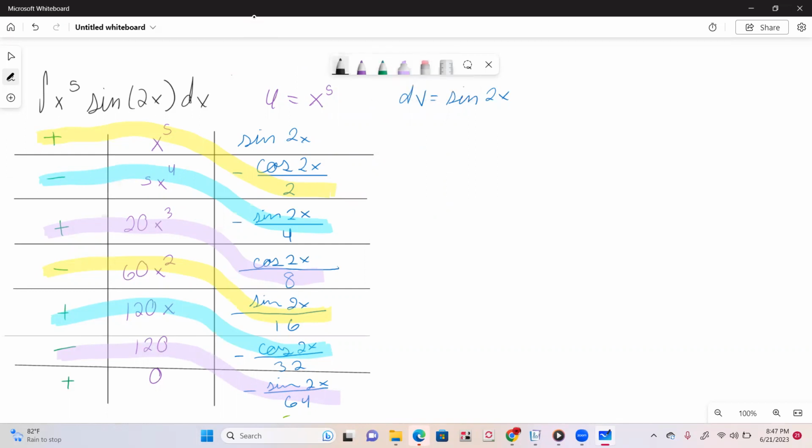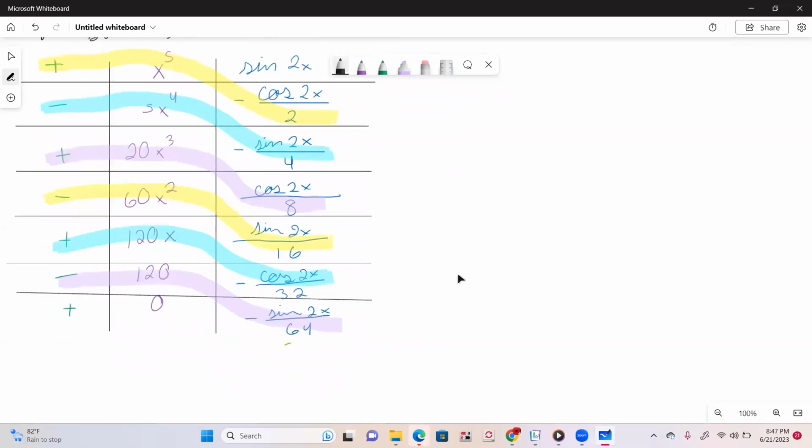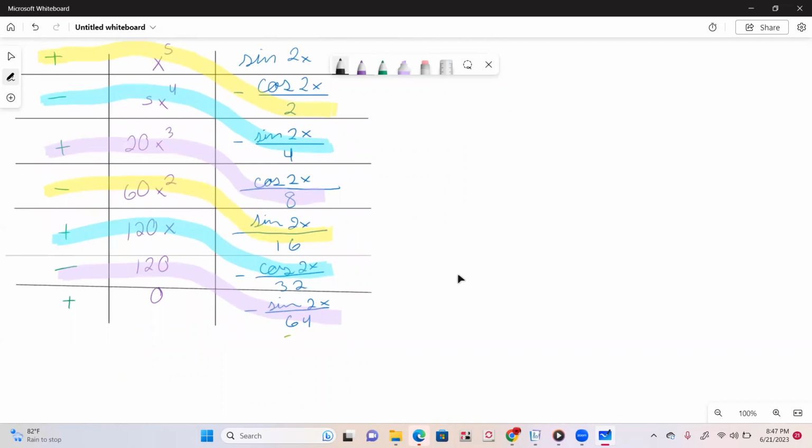All right. Cool. I'm going to scroll down a bit because this is going to be very long. The tabular method is a pretty long thing, sometimes. Anyways,